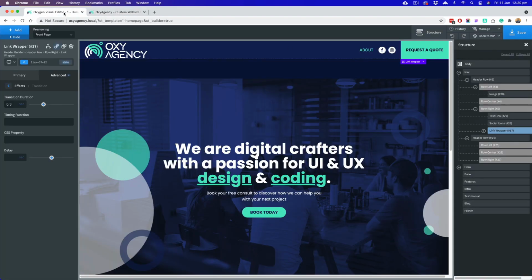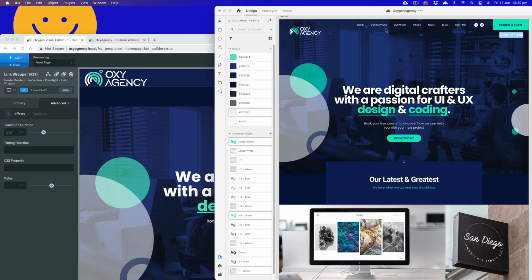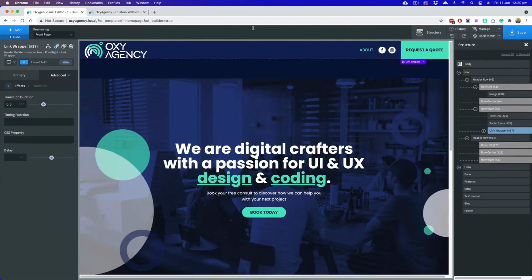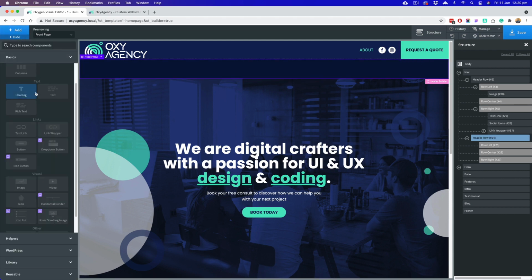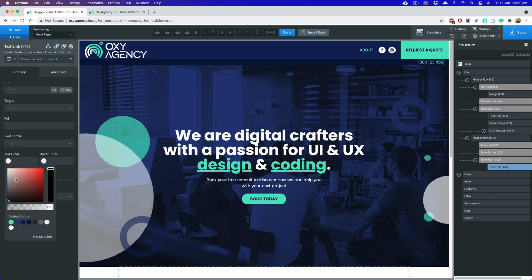Perfect. We've got a phone number to add, and you'll see that that's below here, and this is why I have this other row. So I'm going to go down here and put in another text link, and we'll drag this into the right place and add our phone number. Give this some color, so text color,